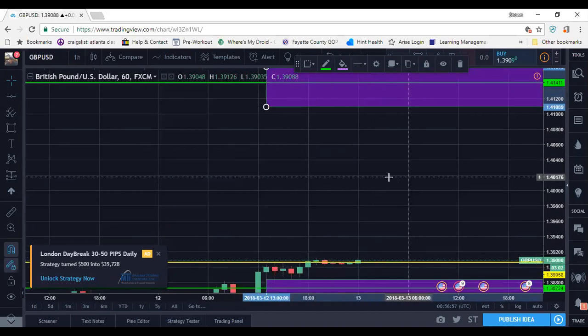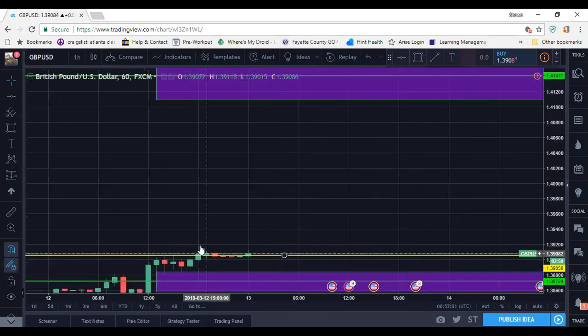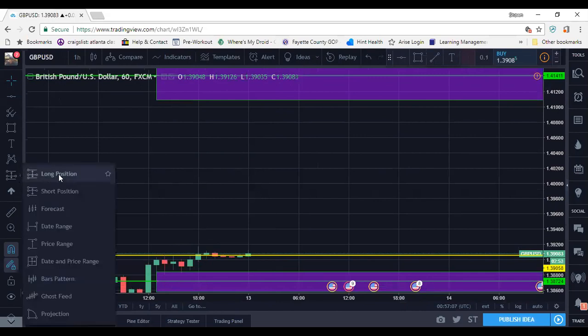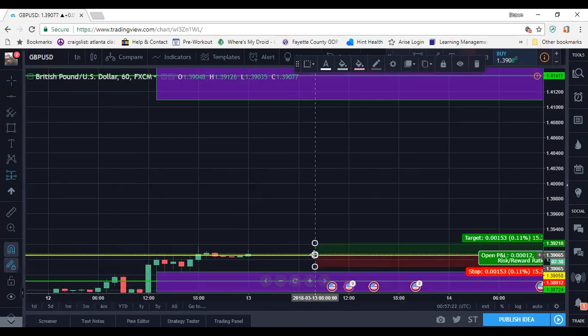Now, here's the risk to reward part. I take my graph over here. And if you remember, long is for buys going up, short is for sells going down. So I take my long position. I go here to my entry point. And what I'm looking for, guys,